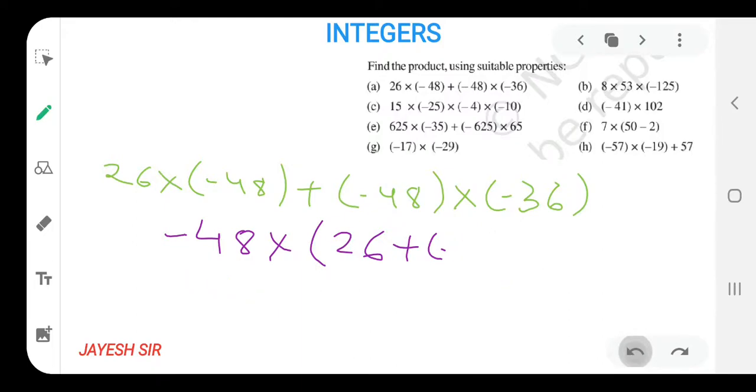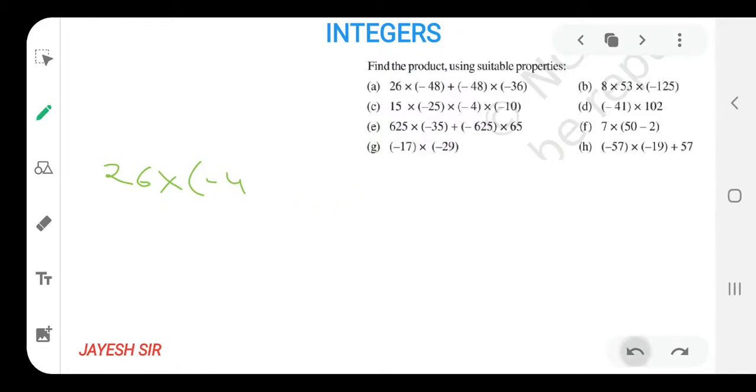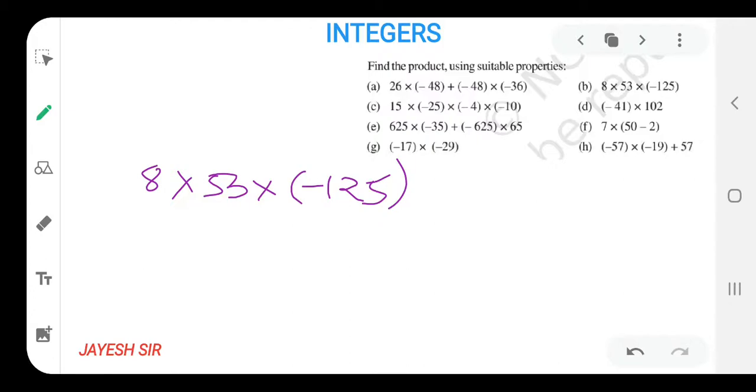So friends, I hope you all have understood it properly. Yes, try to improve your concepts with the help of calculation and by using properties a lot in your day-to-day life. Second sum is 8 into 53 into minus 125. If you ask me what would be your answer, I directly tell 53,000 is my answer. What is my answer? 53,000. As I can see the numbers are very good, and this type of very good numbers are always there in your exam and in your books also.